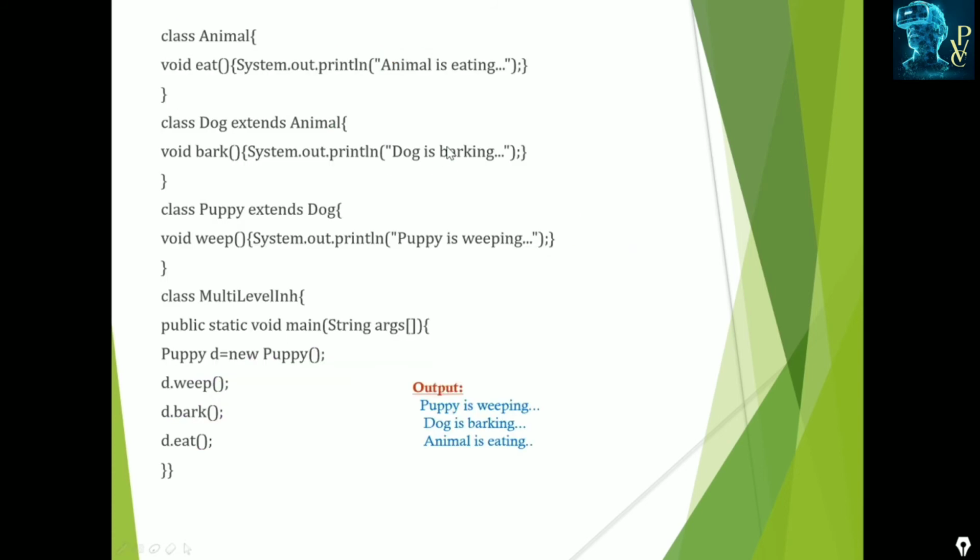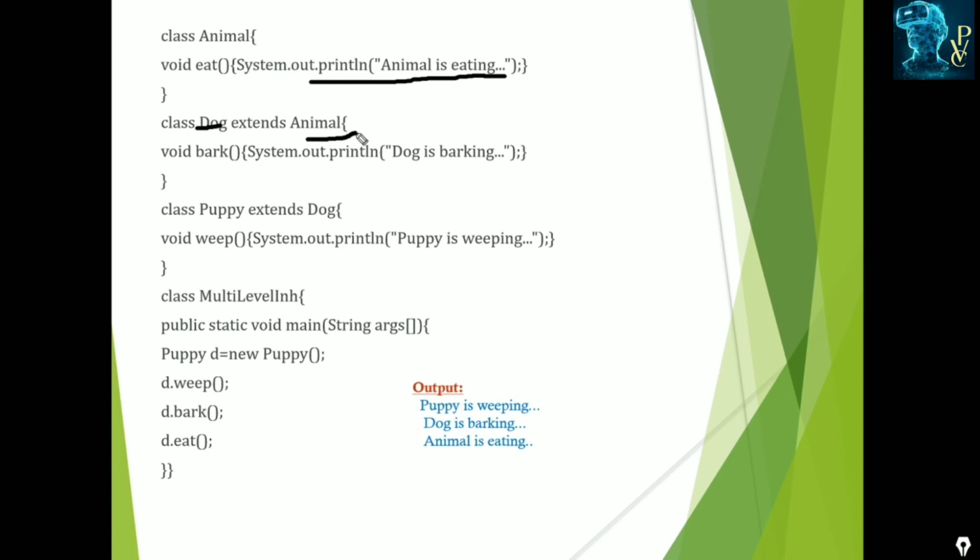And this is another class, that is the animal class. Animal class has only one method, that is void eat. Void means it doesn't return a value, and it displays one print statement, "animal is eating". Okay, we are creating the class dog, which extends the animal class.